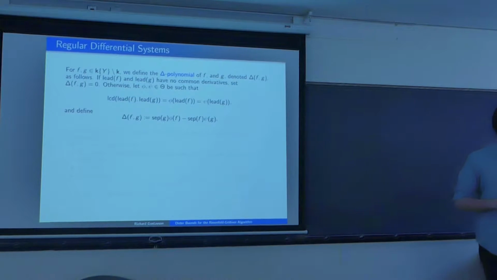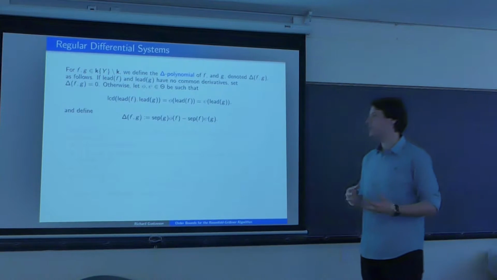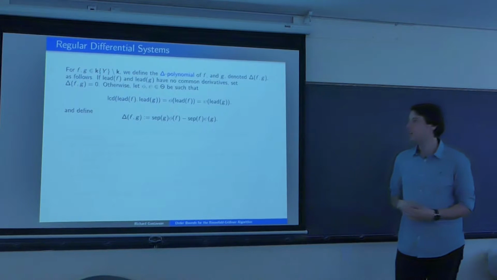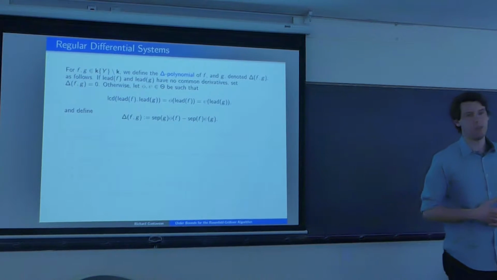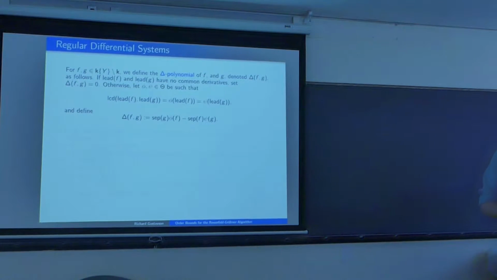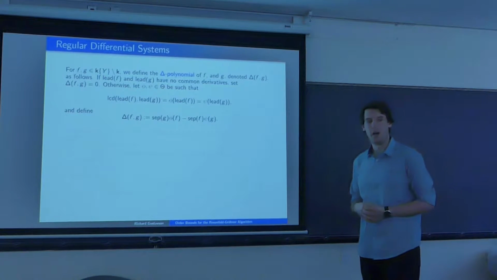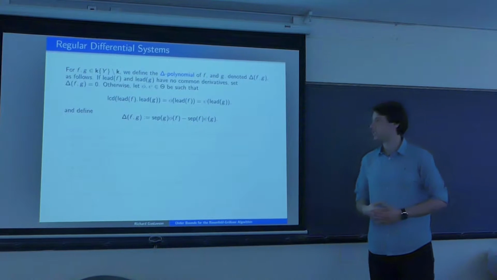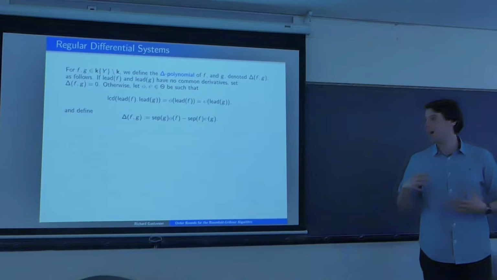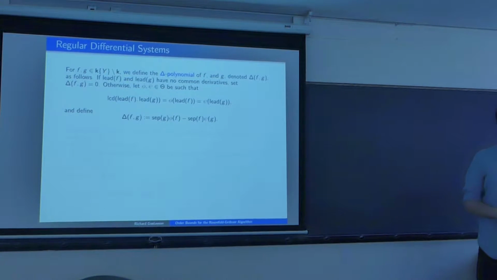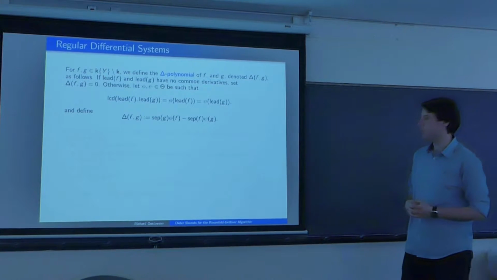Okay, so if we have two polynomials f and g, we can define this delta polynomial, which, if you know about Gröbner bases, is sort of the differential equivalent of the S polynomials in Gröbner basis theory. So if the leader of f and the leader of g have no common derivatives, we just set it equal to 0. And if they do have a common derivative,